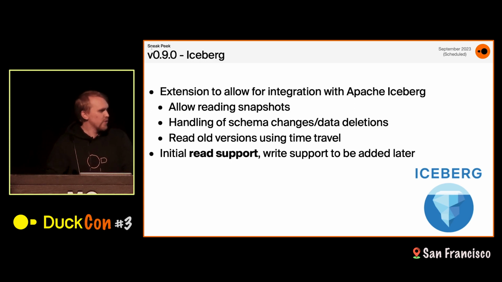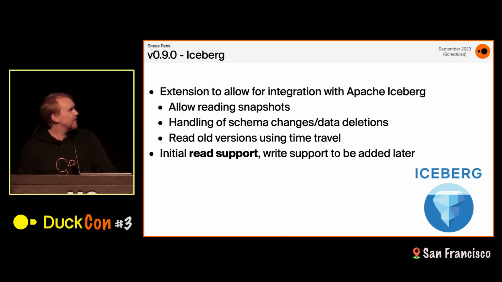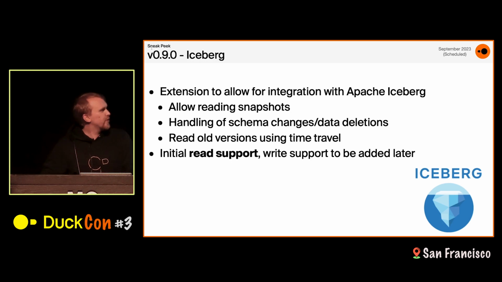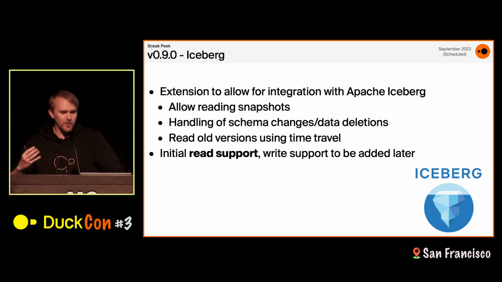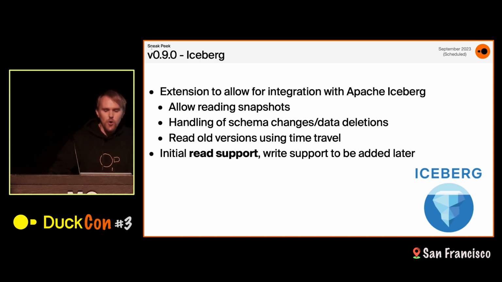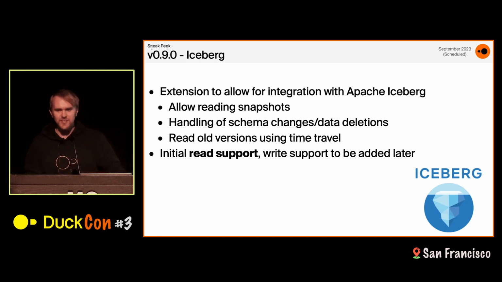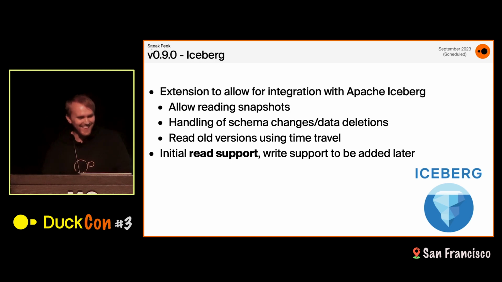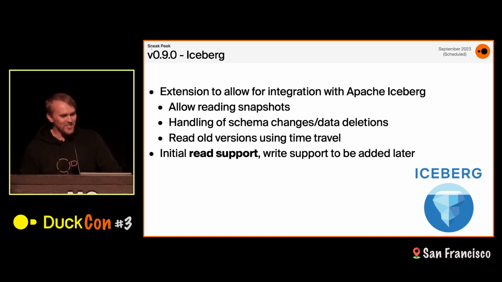Currently, that's only with read support. We're planning to add write support later. And we are going to be open sourcing this and pushing this as part of our version 0.9 release as well. And something that's quite cool about Iceberg, if you're using it, is you can do things like time travel. So you can look back at previous versions of data sets, which turns out to be quite useful if you want to, for example, undo disastrous deletes. It ends up being quite problematic if you have GDPR requests, but that is not our problem. Yeah. So Iceberg, very cool.